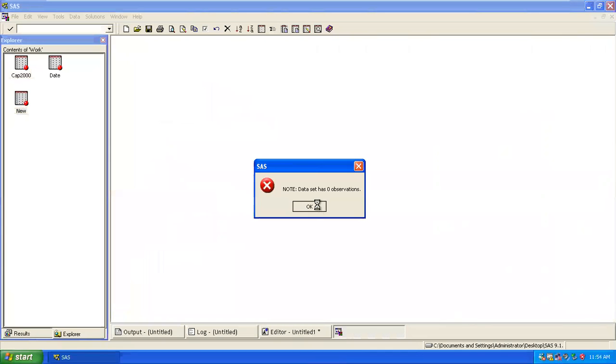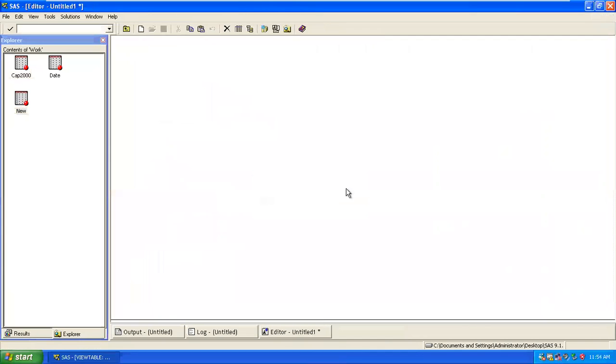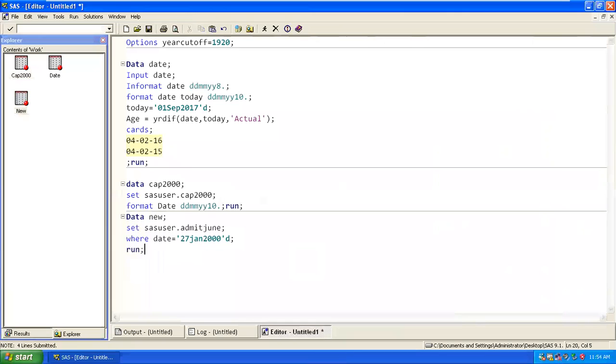So now there's again a problem. Let me look at it again. So 0 Jan 2000. Where date, for which data set are we applying? We should apply for this data set. I'll keep it there. I'll delete all those things.